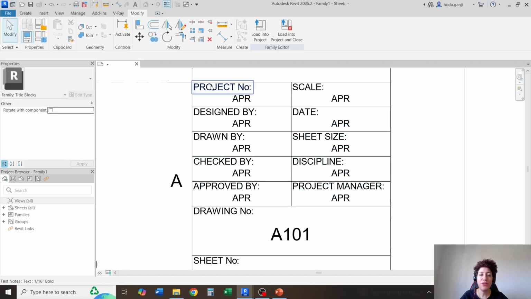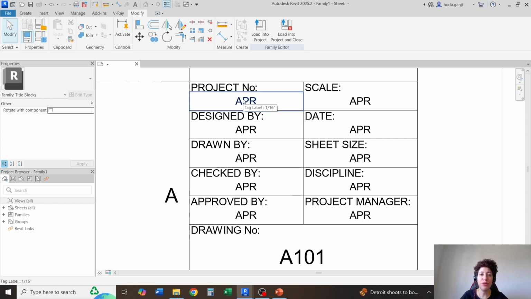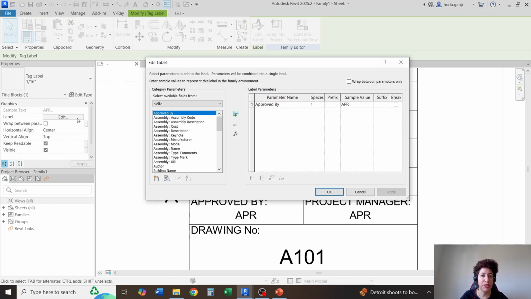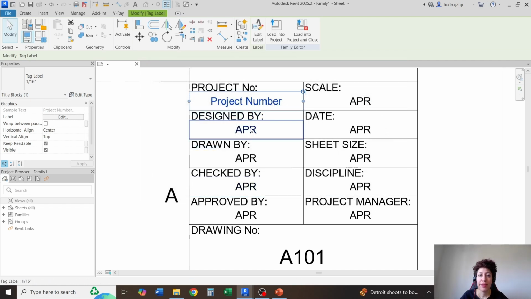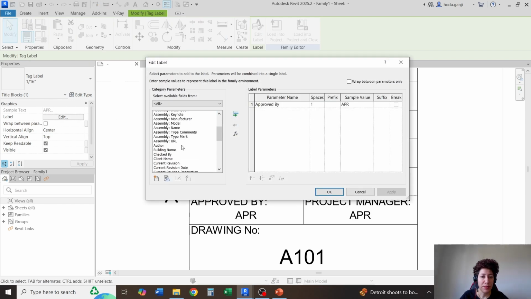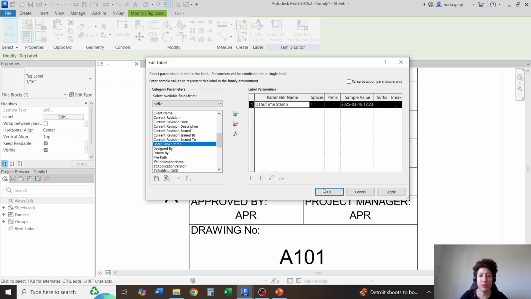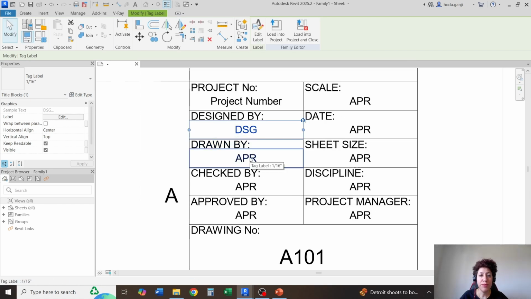And now let's see which ones we have, which ones we don't. So project number, I'll go to edit a label. We already have it here. I'll move it to right and move this back to left. Designed by, we should already have it here. So this goes to right, this goes to left. Oh, excuse me, designed by is this one. Drawn by,